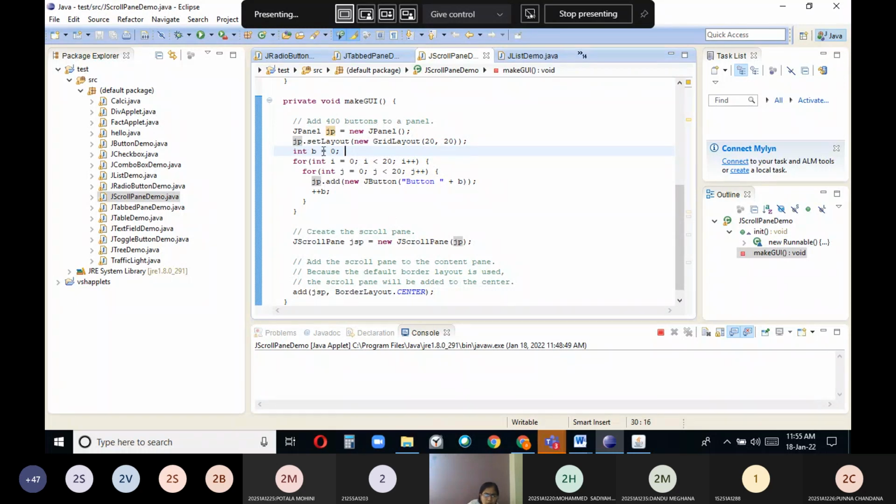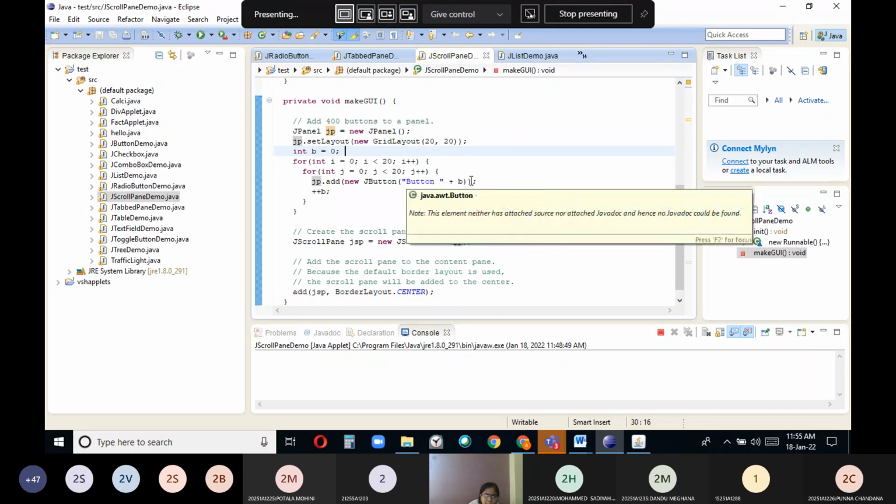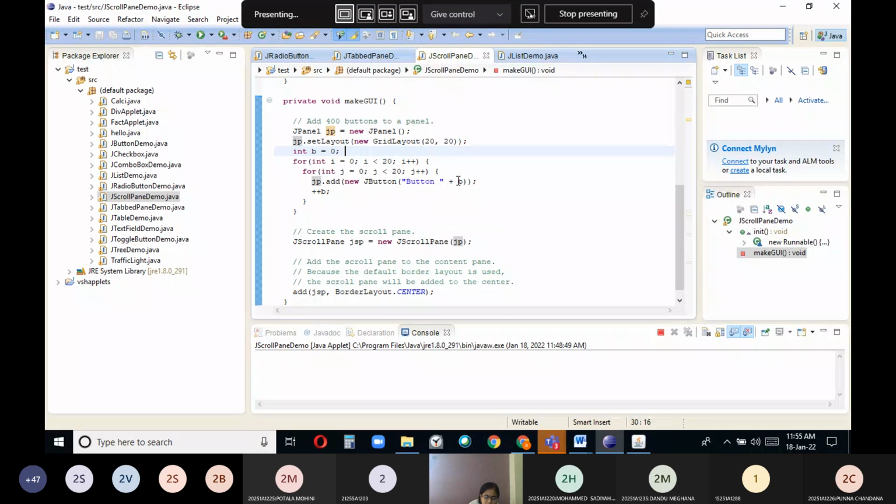So I've taken a button number, b is equal to 0, int i is equal to 0, i less than 20, i plus plus, j is equal to 0, j less than 20, j plus plus. I'm creating 20 by 20 buttons. jp dot add, I'm adding a new button with the name button b, meaning button 0, 1, 2, 3. b is the number which is getting updated inside the loop, right? So I've created 400 buttons and added them to the panel,